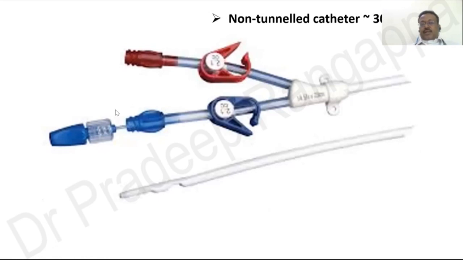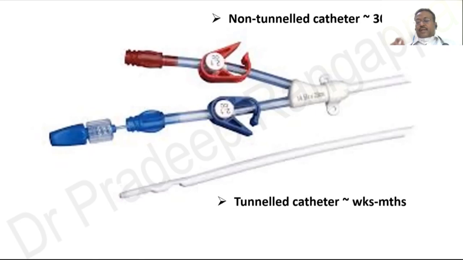And obviously, in an acute situation, we would not be putting a tunneled catheter. So what we'll be putting is a non-tunneled catheter. Whenever a dialysis catheter is put in for acute dialysis, the recommendation is it could stay in for up to 30 days. So it is not a long-term solution, but I'm sure all of you would agree that in most places, once the catheter is in, it would remain for a fairly longer time until the fistula is done and matured.